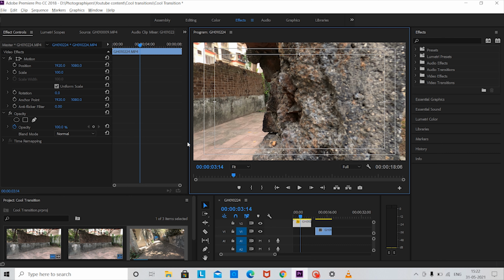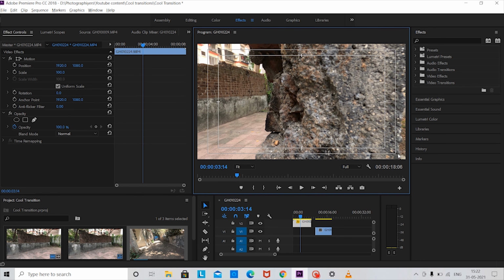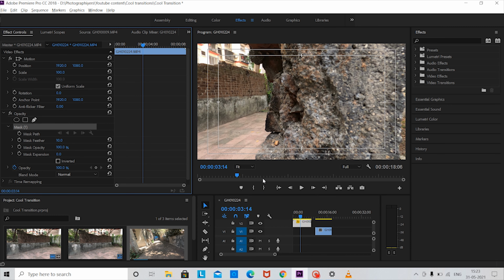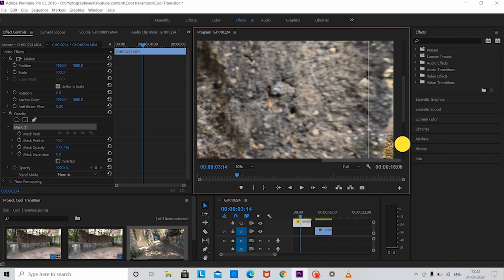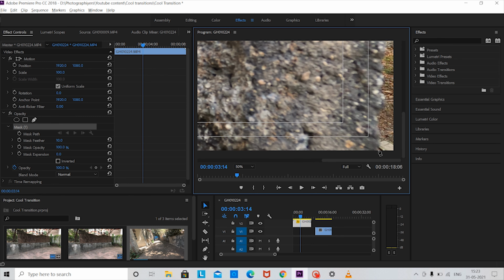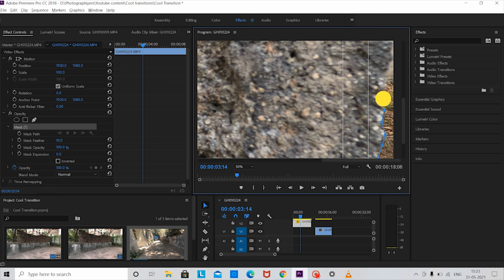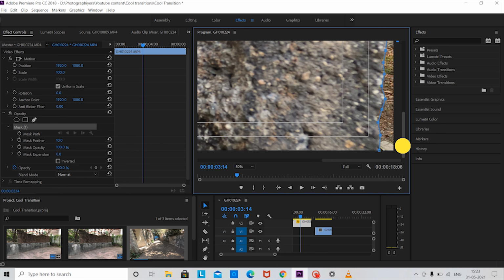So for this transition, you will have to use the masking tool. I will be using the masking tool to mask the entire part besides the wall. So we'll start the process from this frame itself. Now you need to click on the video and then go to the FX control tab and click on the pen tool over here. After clicking the pen tool, you can zoom in a little bit, about 50%, and then you can do the masking process. The shape that I am drawing need not be too perfect, but zooming in will give you a little bit more comfort in drawing the shape.